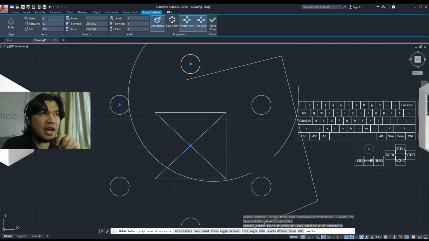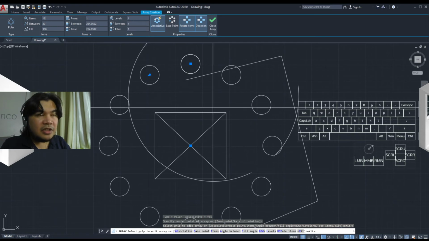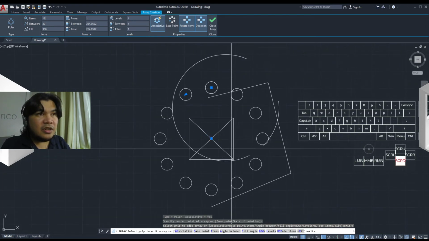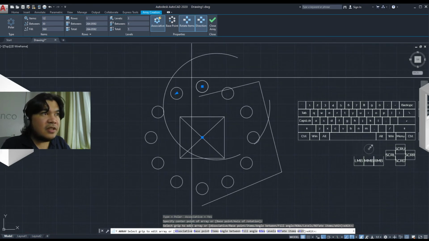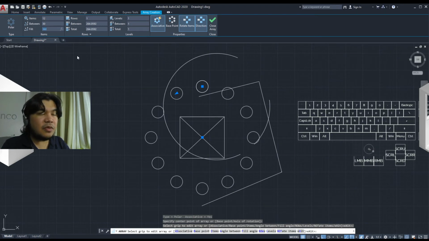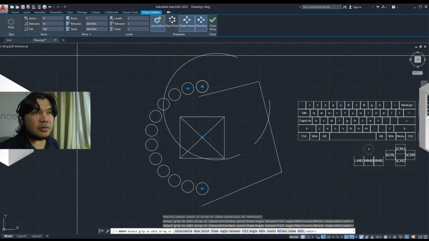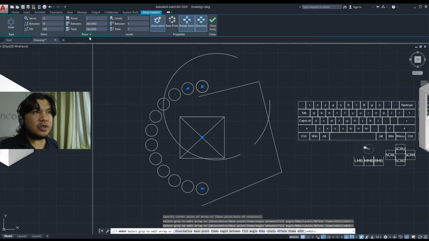You can see here the type of the array is polar. The item count is 6. Let's turn that to 12, and it will show us an array of 12 objects here. It fills out 360 degrees. This is degrees. So for example, we want it to fill out just half of it. You can say 180 there. And then you can see that it fills out just 180 with 12